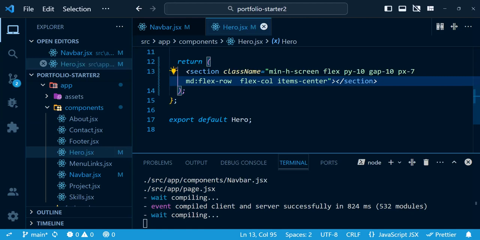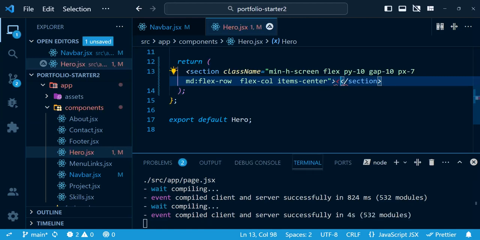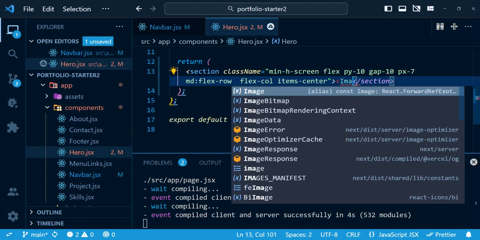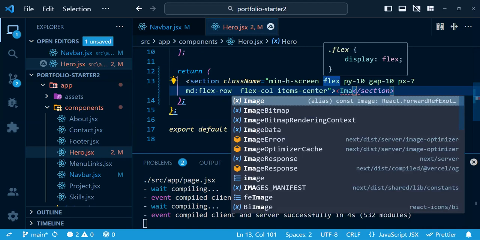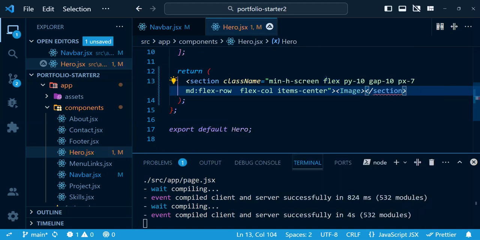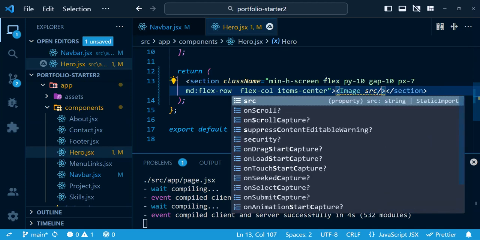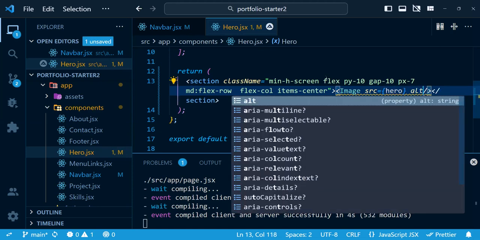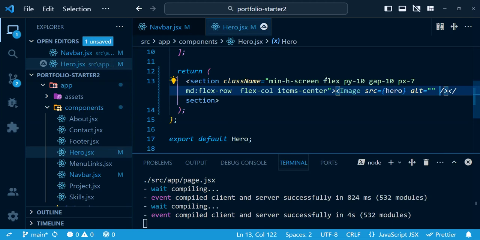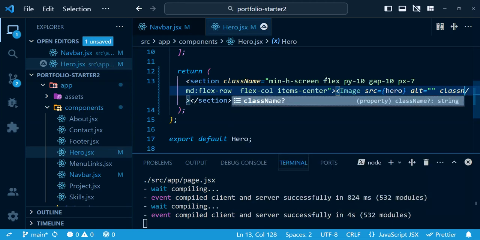First we have two elements. The first is the image element. I have already imported the image element here. First we need to create a source of hero, and alt of empty quotation, and let's give a class name of